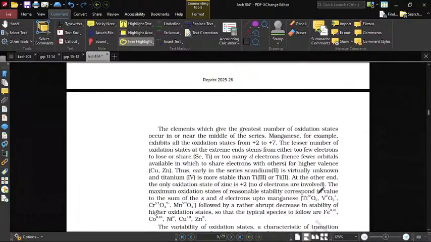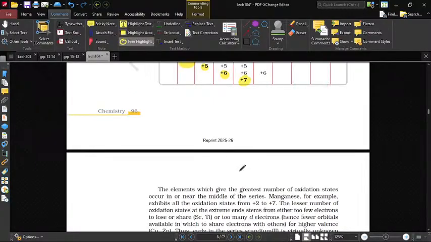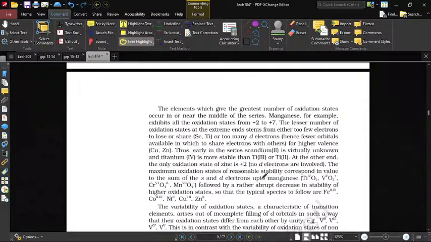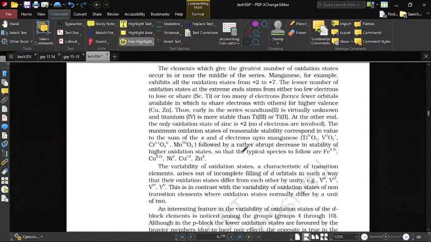The maximum oxidation state of reasonable stability corresponds to the value of the sum of s and d electrons, मतलब कि जितने एस और डी में टोटल सम है उतना मैक्सिमम दिखा सकते हैं। Followed by a rather abrupt decrease in the stability of higher oxidation states, so that